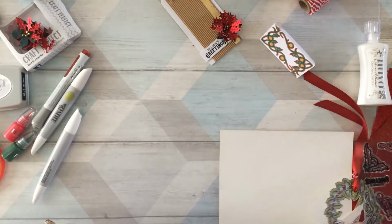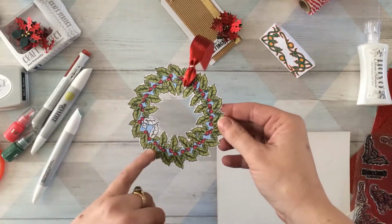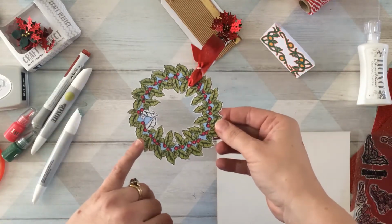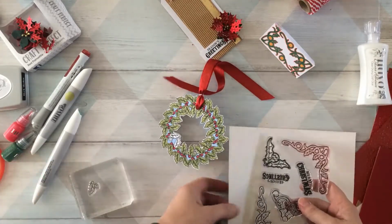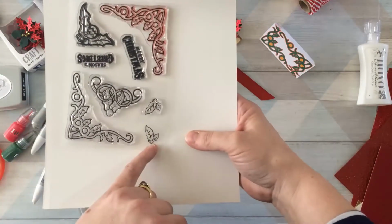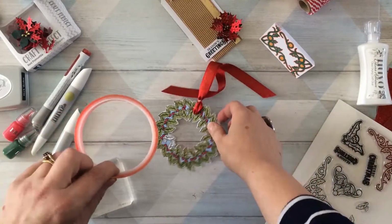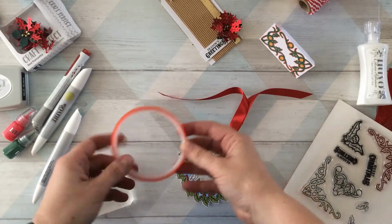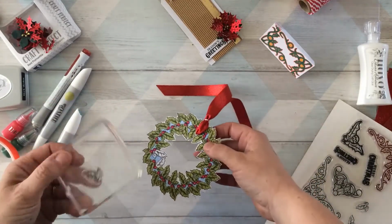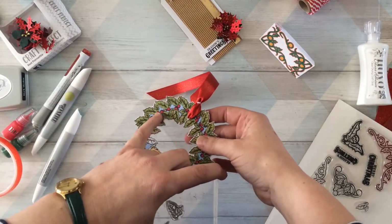And the final idea, which you saw a little sneaky bit before, is this wreath. Now it's actually much simpler than it looks. I've used the very smallest stamps in the set. You can see here these little ones here, so I've just popped them on, and I actually used the inside of one of my sellotapes, so I just put a pencil line around the middle on a piece of card, and then I got my stamp, okay, and I used the berries as the point that would remain the same